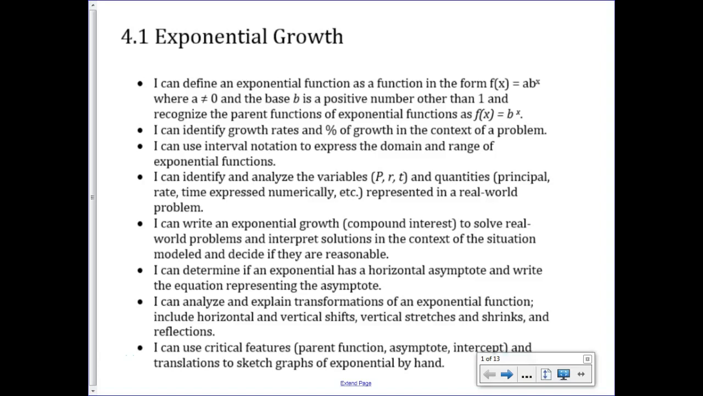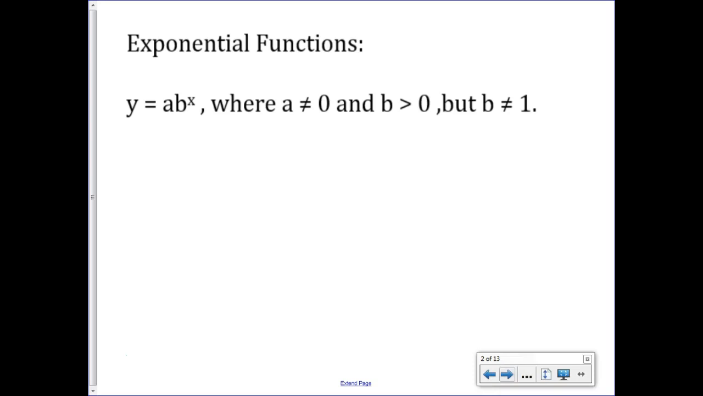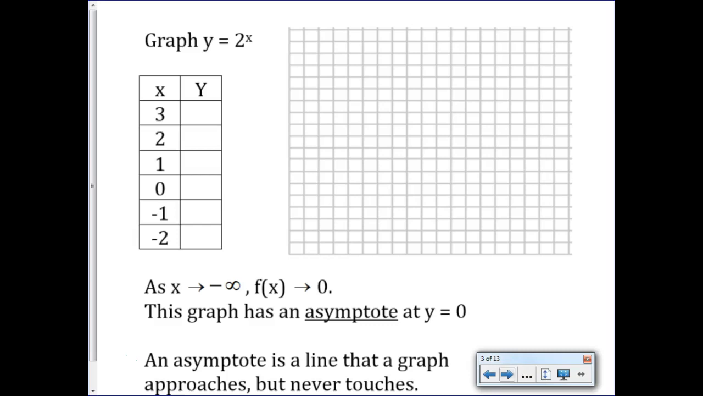Hey guys, we are starting off this chapter looking at exponential growth functions. So, an exponential growth function looks like y equals a times b to the x power, where a is not 0, b is greater than 0, but b cannot equal 1. So first thing we're going to do is just plug in some points to find our x and y values